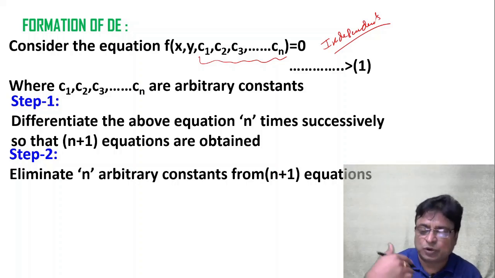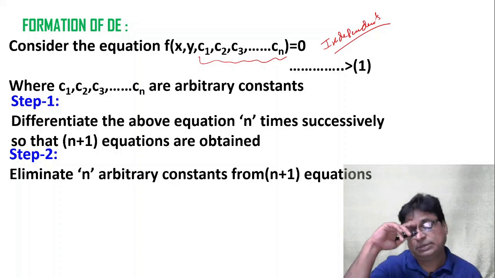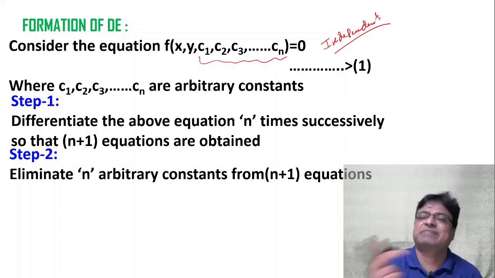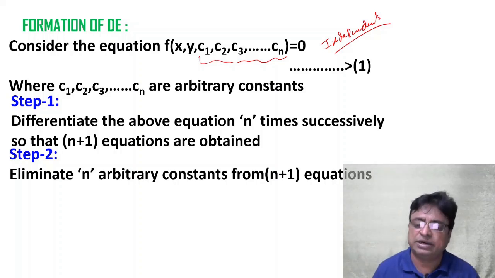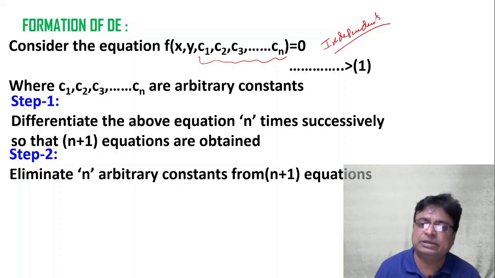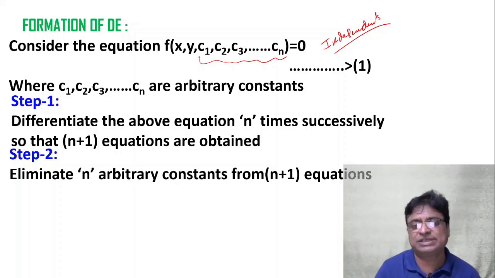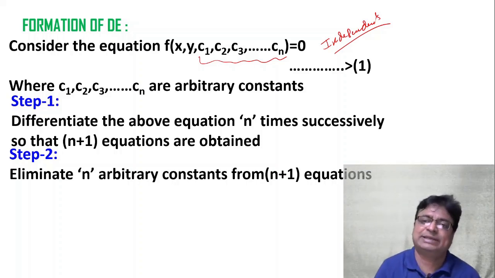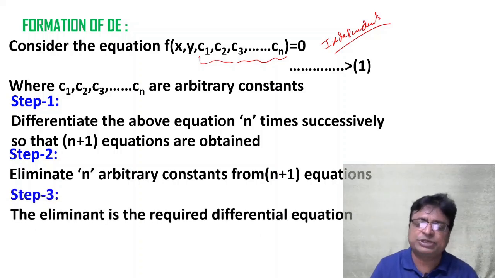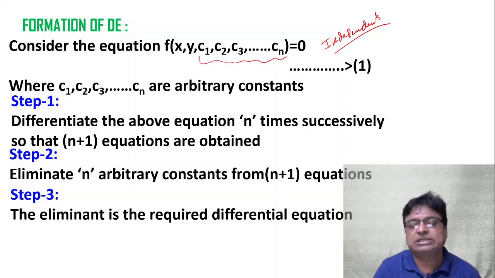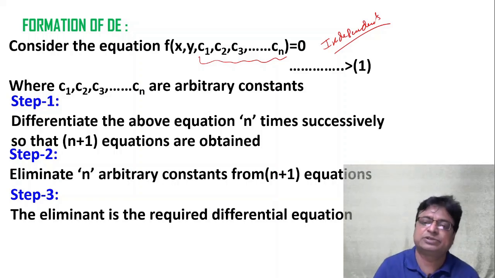Then the equation obtained is nothing but the corresponding differential equation extracted from the given algebraic equation, and that algebraic equation is nothing but the general solution of the given differential equation. This is the relation between getting a differential equation through the algebraic equation and vice versa. So my friends, the most important point is that it is very simple. Though it is a very simple concept, even in a recent JEE Main examination they asked one important question based on this. That I will also explain.